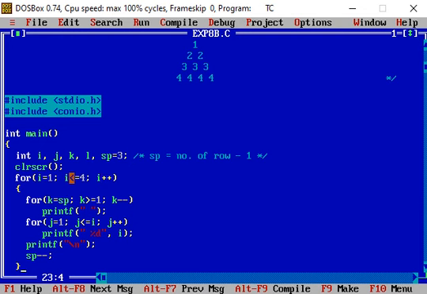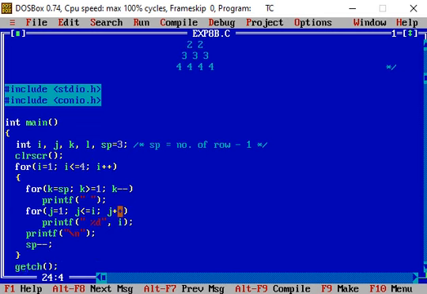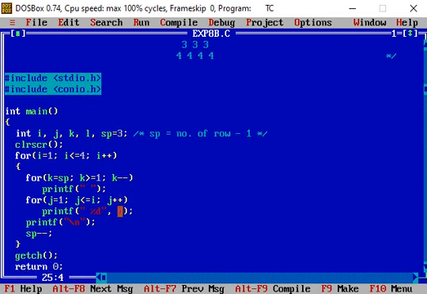So 5 less than or equal to 4, the condition becomes false. So control comes out of the outer for loop, and after the outer for loop, we get the getch statement that holds the output screen where the output is displayed.